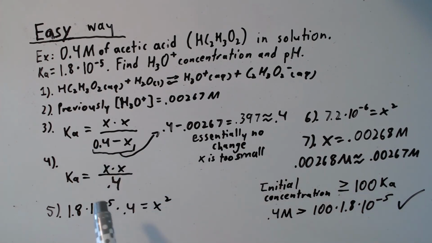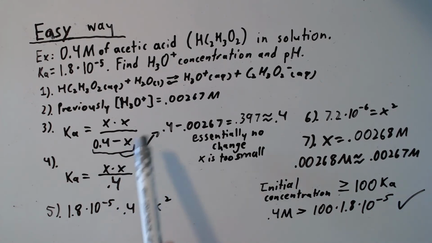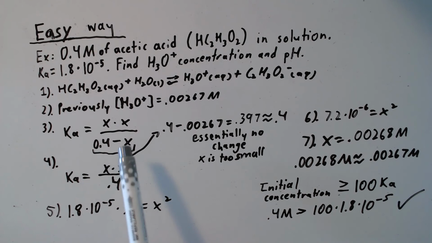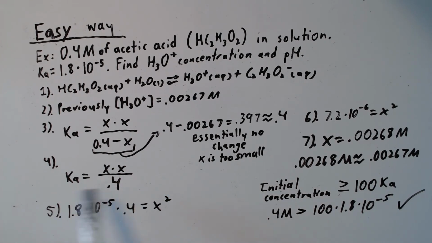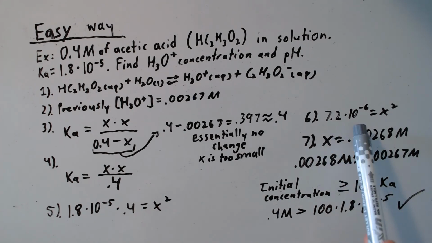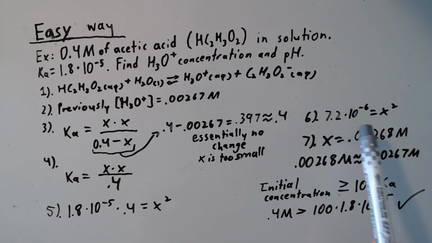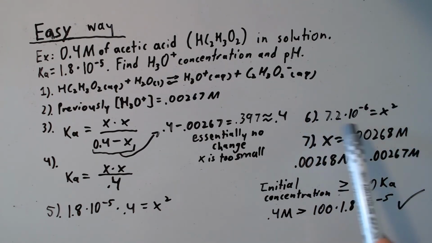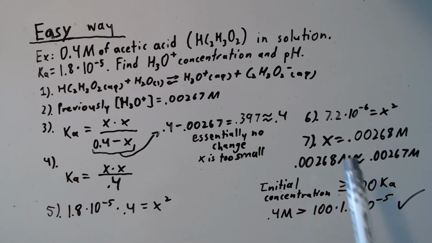So we take out this x on the bottom, using our small number approximation, because we know that this x is so ridiculously small that we don't need it. And now this becomes a lot easier to solve. All we have to do is multiply this 0.4 by the Ka, so 1.8 times 10 to the negative fifth times 0.4. And this equals the x squared. The x is on top. And we get 7.2 times 10 to the negative sixth, because 1.8 times 10 to the negative fifth times 0.4 is 7.2 times 10 to the negative sixth, equals x squared. Now we square root the 7.2 times 10 to the negative sixth to find the x, and the x would equal